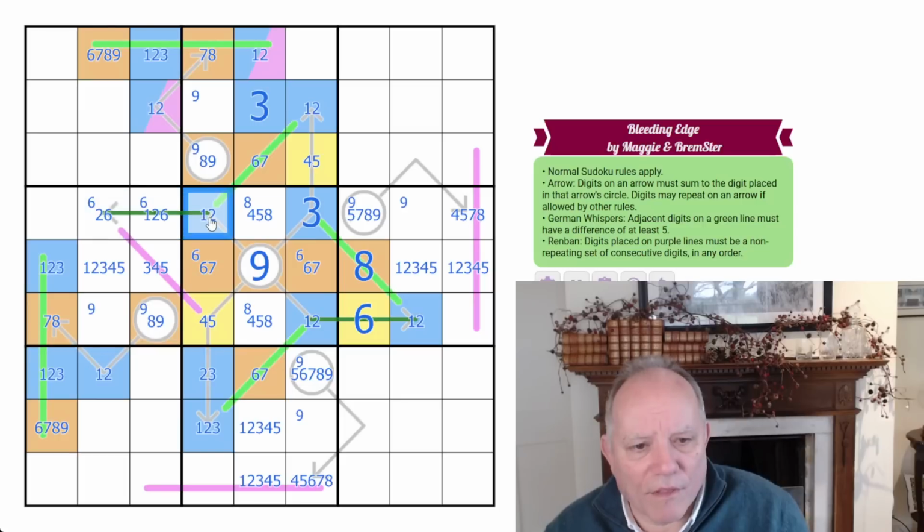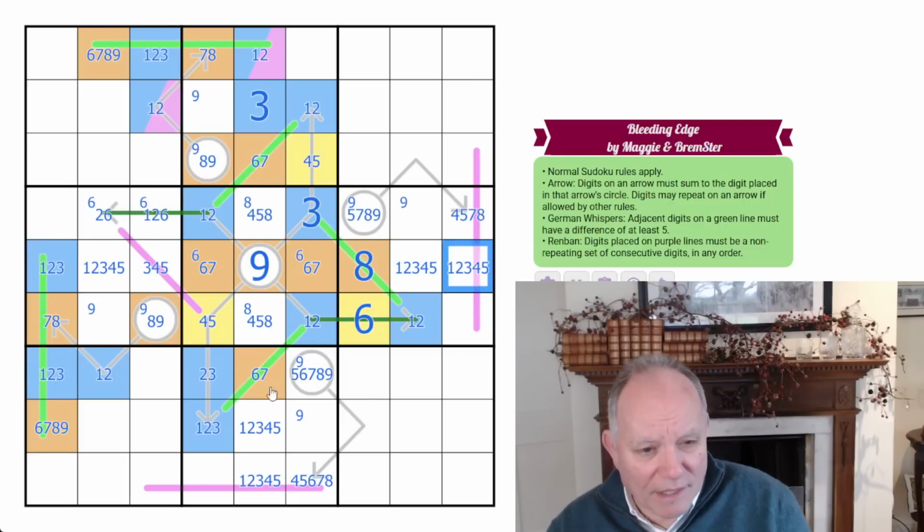Come on. That is different from that. So that's the same as that. That one appears in one of those and out here. I want to say it can't be there, but I don't know that. So